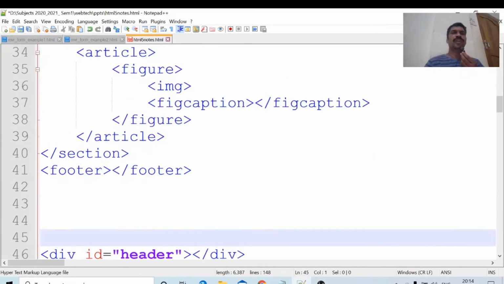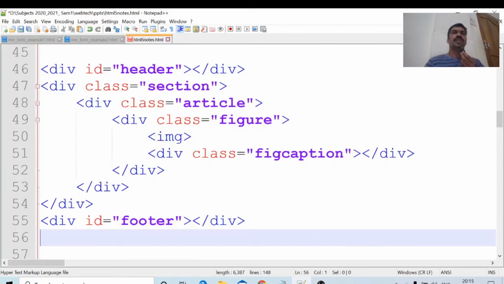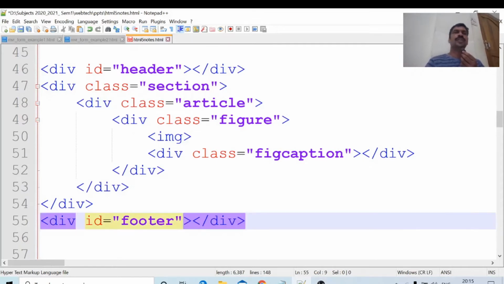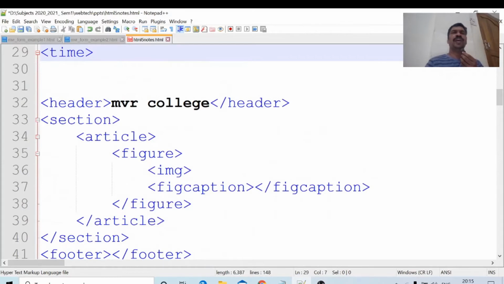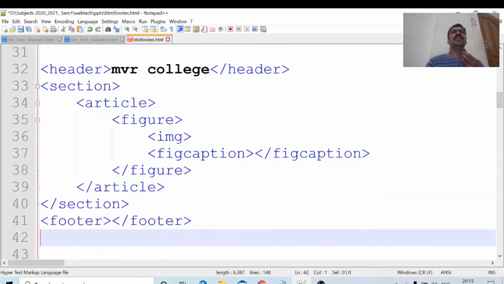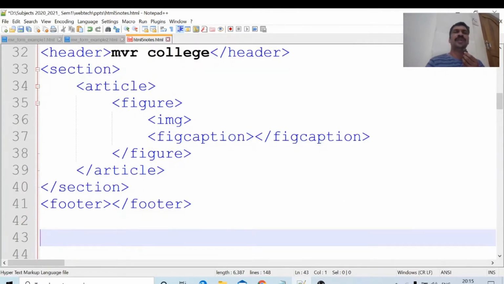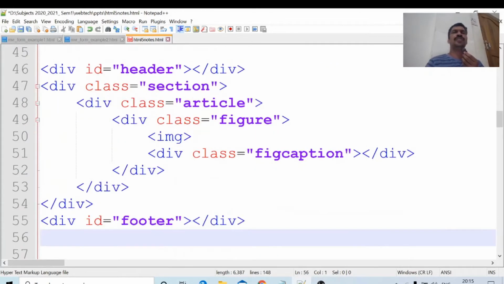Now observe another code. Is there any semantics? Semantics is there, but it is difficult to interpret. All of them are div tags. This is a style of writing HTML pages using div tags. Whereas using semantics, this is the way of writing HTML5 pages. Both of them are HTML, but this is HTML5. It has some semantic meaning, but the other has no semantic meaning. We developed the page with just div tags.